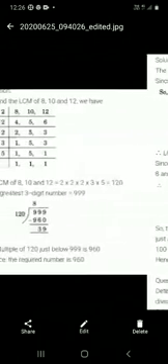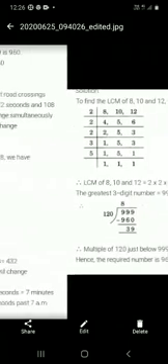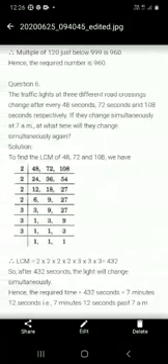You will complete question number 5 in your copy like this. First of all, you find out the LCM and get the answer. You write down the largest 3-digit number 999. You divide it by 120 and get your answer, just before it, 960. Okay. Now you will complete question number 6 in your copy.